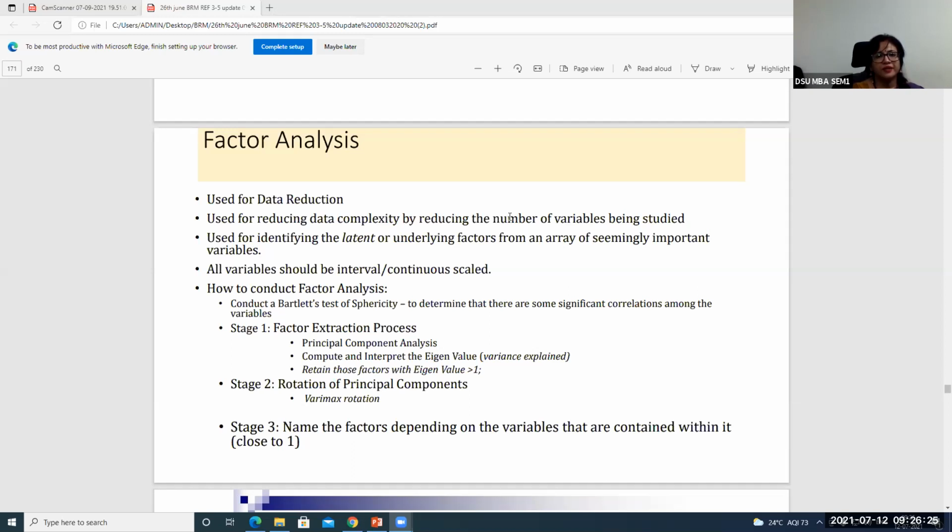Factor analysis, on the other hand, now talks about trying to reduce the data, which means what? Which means you are likely to start with a huge quantum of data. What kind of data? Interval scale data. What do we mean by interval scale data? We mean data which you can work on quantitatively, right? So you can use Likert scales, importance scales, preference scales, satisfaction scales, wherein people are expressing their opinion on a scale of numbers which are equidistant from each other. So it could be a 5-point scale, it could be a 7-point scale, and you will be getting some values.